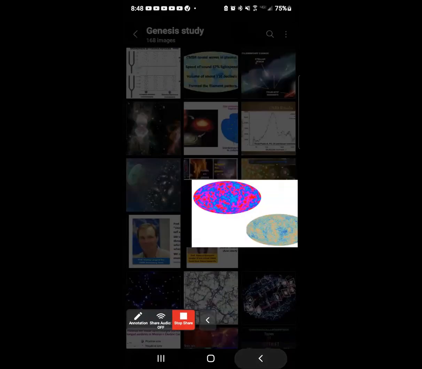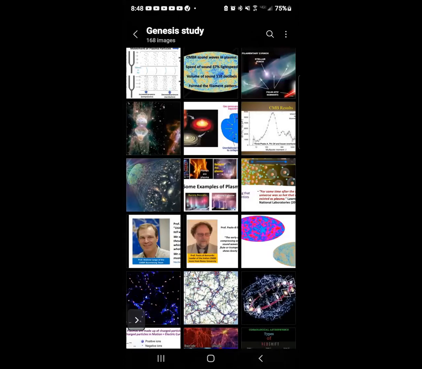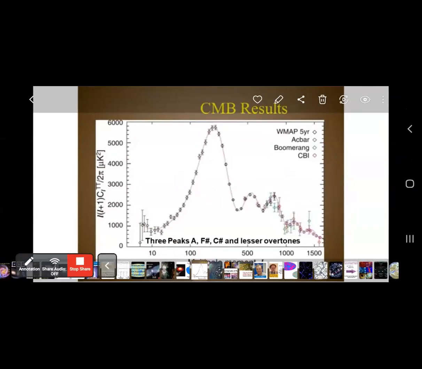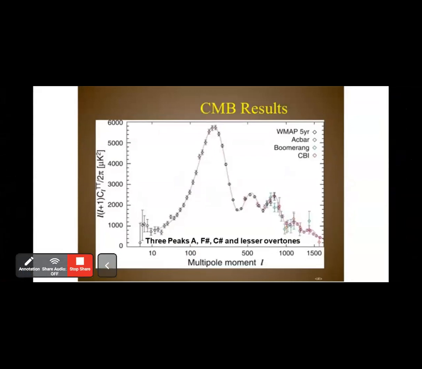And what it has traveling through it at 57% the speed of light are these three distinct peaks that are sound waves. These sound waves at 57% the speed of light reverberate and echo through the entire universe encompassed by the cosmic